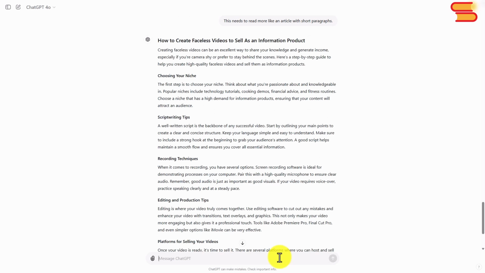So now that we have our script, we are now going to be ready to take our script and to move into our base video creator. Now again, for the sake of this course and the sake of this video, we're going to take this script and move it into Pictory. You will take your script and you will move it into the base video creator that you have chosen. If you are still working through the trial version, you'll still want to undertake the very same process that we